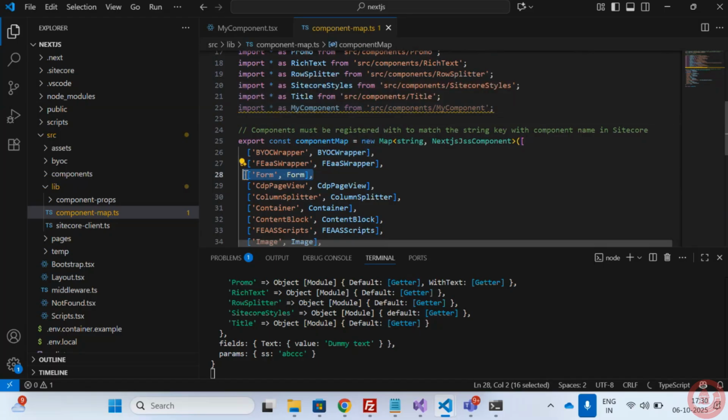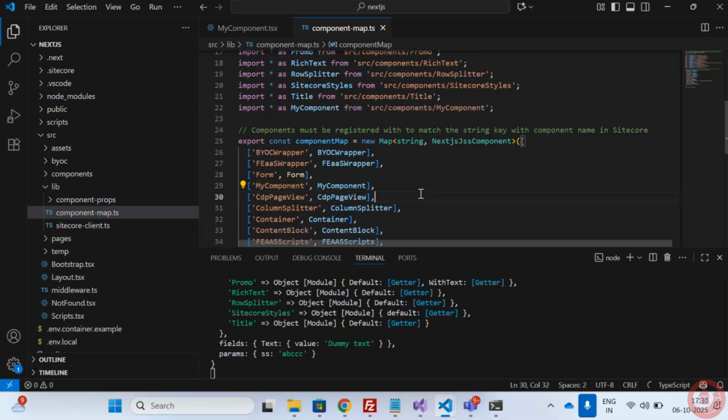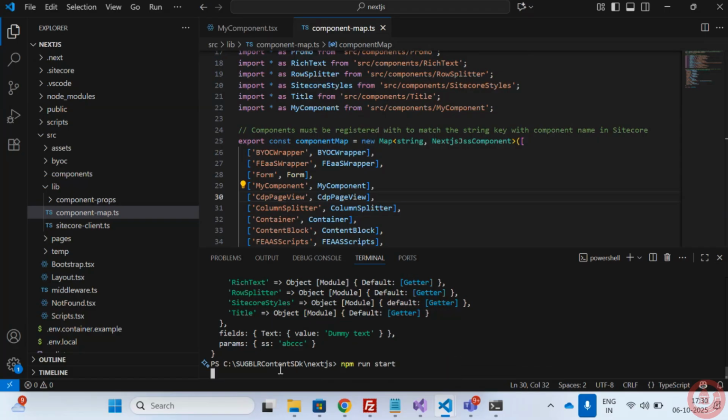Okay, so we need to map it here as well. This is the way Sitecore will understand that this is exactly the component implementation that we have done. Now if I try running the project once again,